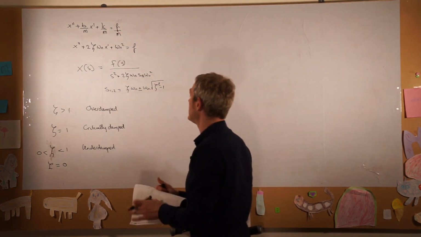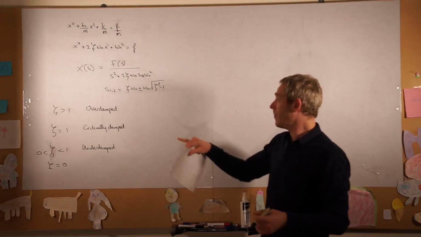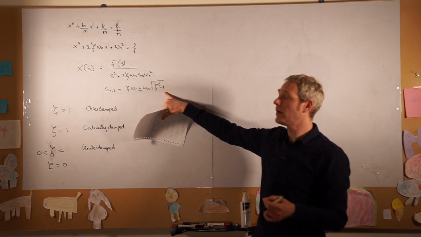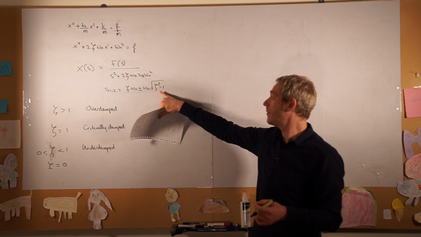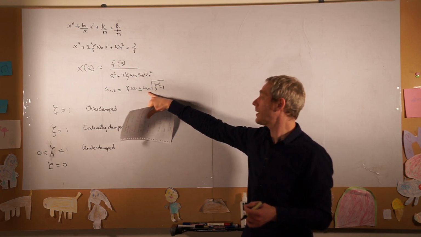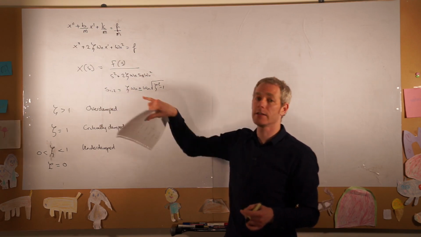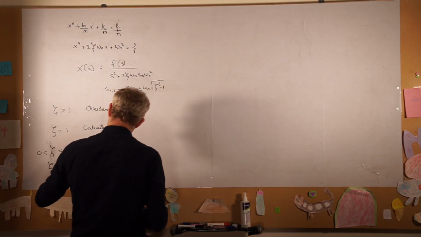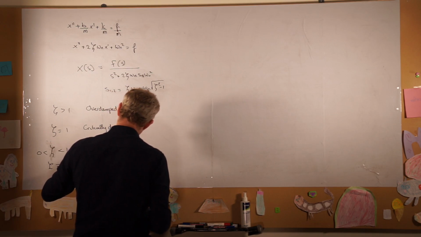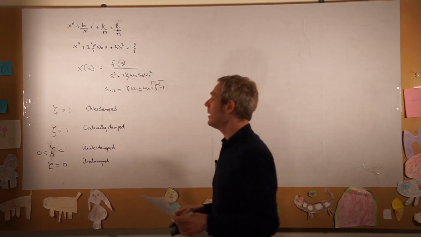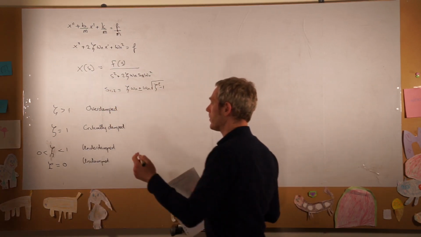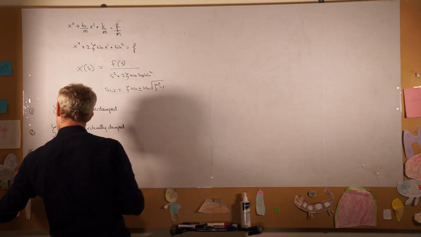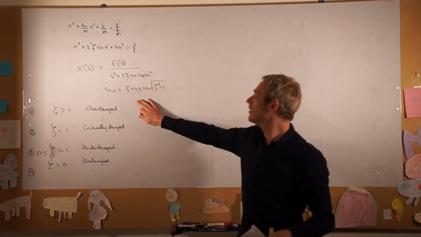And if zeta is equal to 0, this root will become purely the square root of minus 1, so we get complex roots, but because zeta is 0, they are purely imaginary, and we have an undamped system. Now, if we look at these four cases, 1, 2, 3, 4, and we plot our roots in the